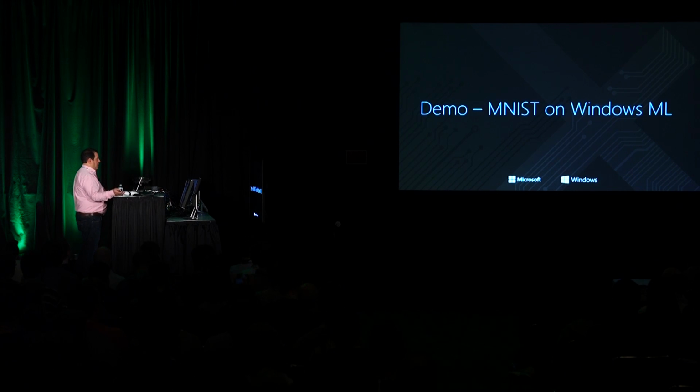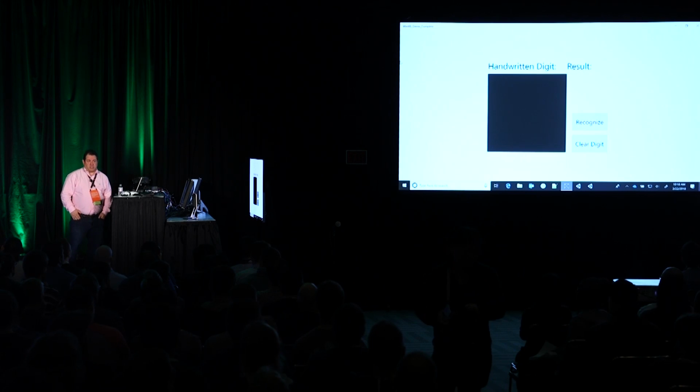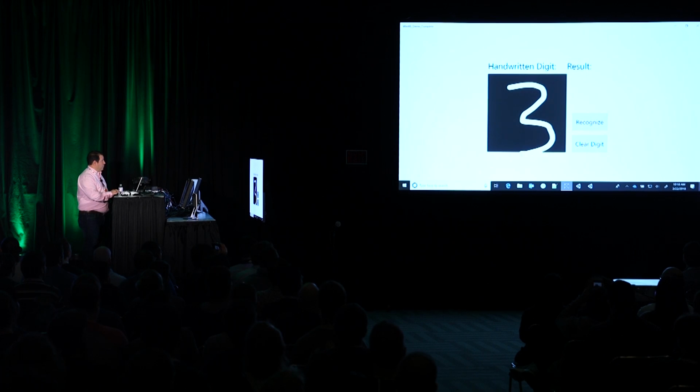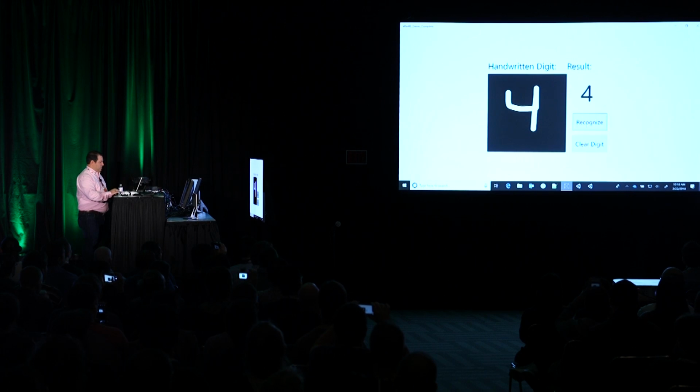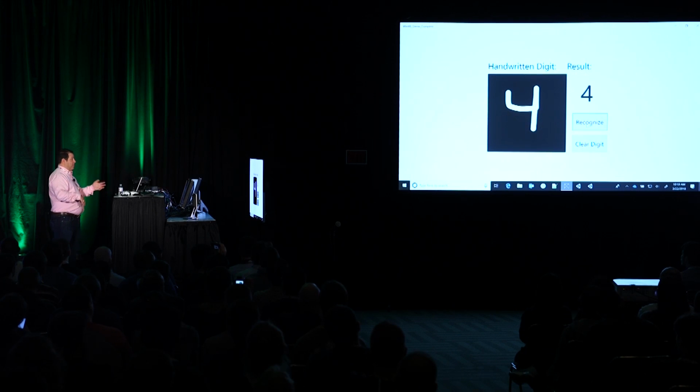So if we look here quickly, I will swap over to my laptop and show you what this looks like in practice. This is a very simple application that has on top of it a graphics canvas that I can write against. And if I look here, you'll see me write the number 3. And I'll click recognize, and it finds it as a 3. So what it's doing here is taking this image, taking the pixels, binding that to a D3D resource, providing that to the engine. The engine gets the results back as that mapping of number to probability. We choose the maximum probability, and that's what you have.